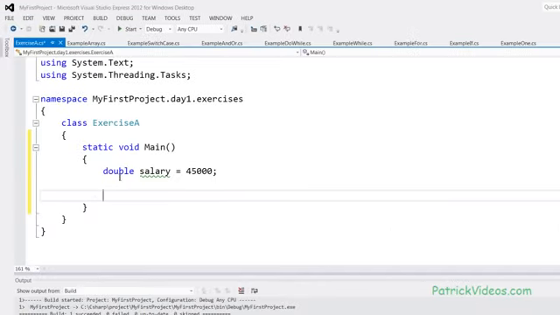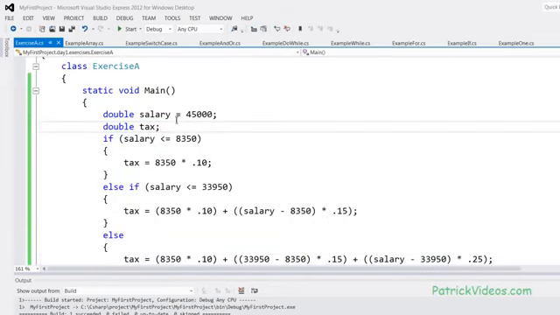So here we have a main method with double salary equal to 45,000. Now there are different ways to solve this problem, so let us do the simple if then else statement. I have declared a double tax. Now I'm checking if the salary is less than 8,350, calculate the tax as 8,350 times 0.10,